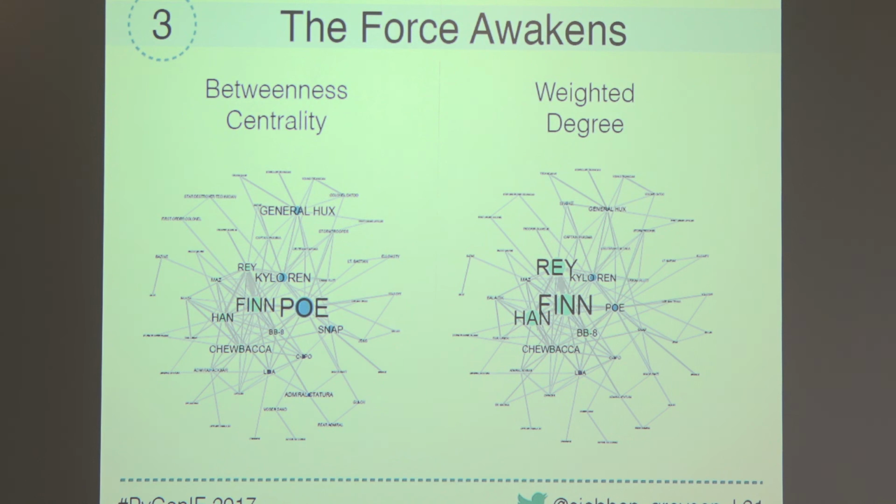Just to finish, I focused in a little bit more on The Force Awakens and showed the two comparisons. I also visualized the graphs a little bit differently, in this case, to show another variation. In the previous graphs, I used something called Force Atlas, and these ones I'm using Ruthertford Ringgold. I'm just showing the comparison between betweenness centrality and weighted degree. What I like about this is, for me, betweenness makes sense. Poe does kind of go in between all of those different sectors or different people in the film. But what I get from weighted degree is that it seems to be more of a sign of friendship in this film. And we know that there's strong bonds between Rey, Finn, and Han.